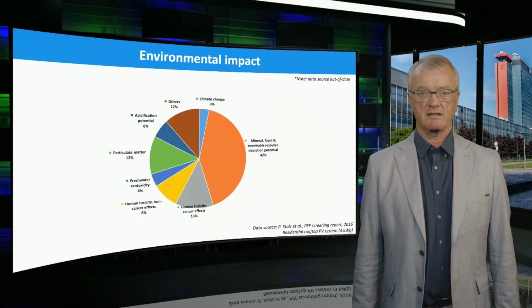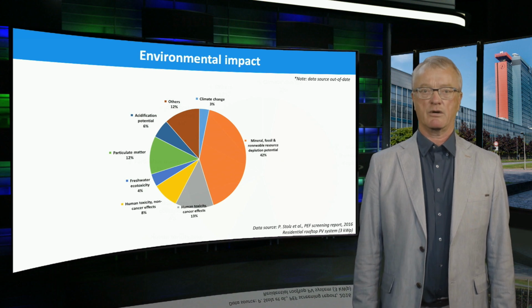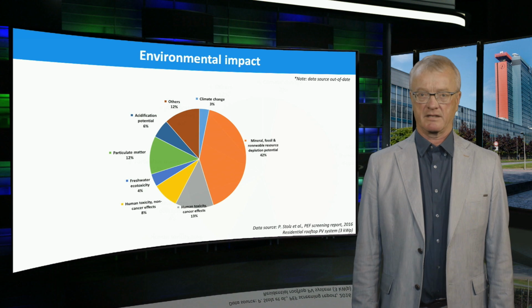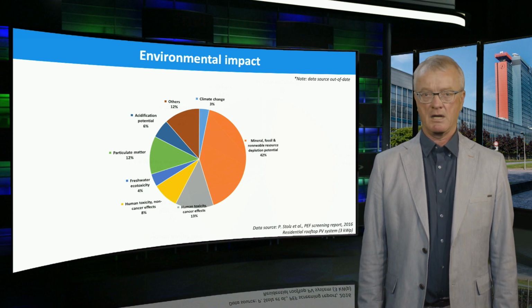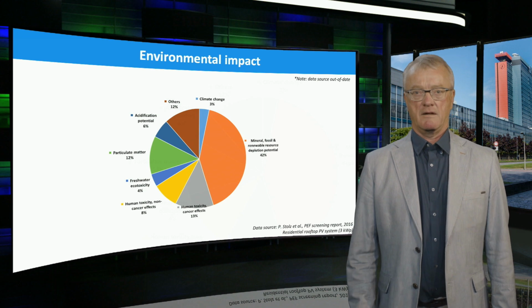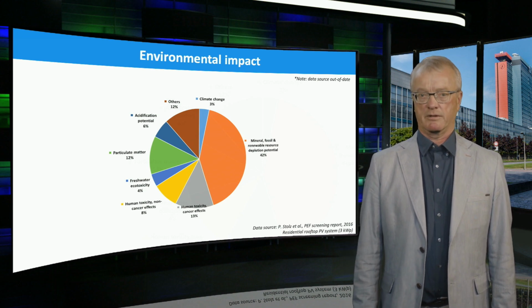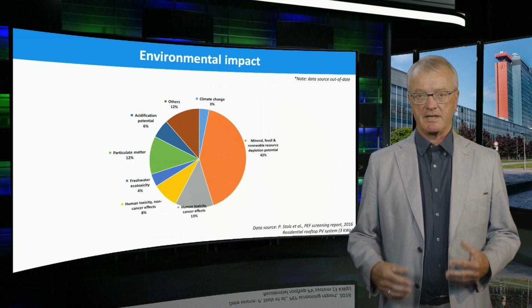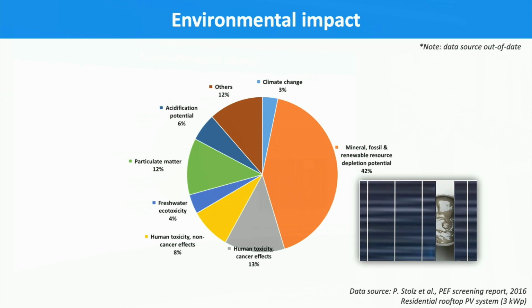Here we see the weighted environmental impact results of 1 kWh of DC electricity produced by a residential scale monocrystalline silicon PV system mounted on a slanted roof. The recycling benefits are excluded from the evaluation. The environmental impact is mainly driven by the mineral, fossil and renewable resource depletion potential, which is dominated by the silver consumption in the metallization procedure and accounts for 42% of the total impact. The other impact factors are mainly related to electricity production in the supply chain of the silicon wafer and aluminum.